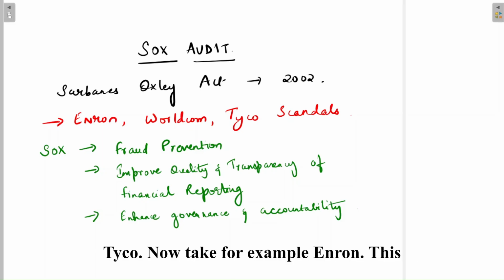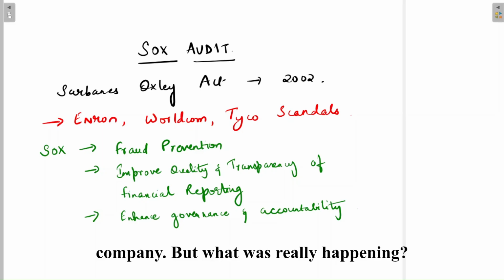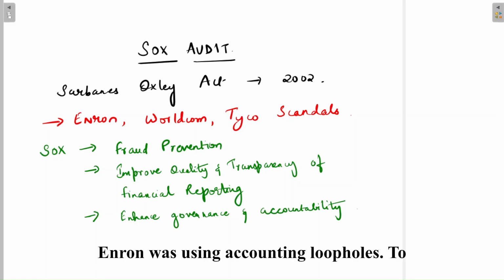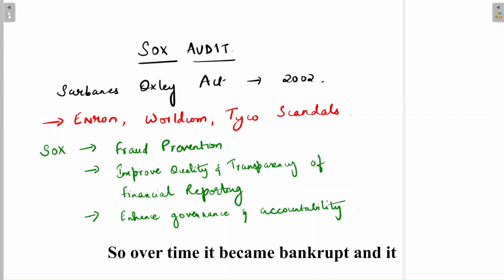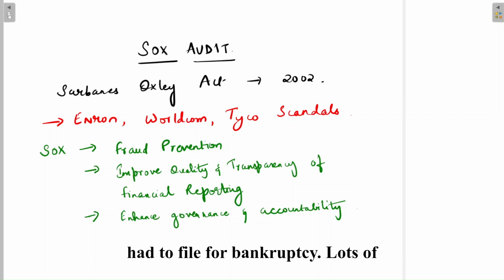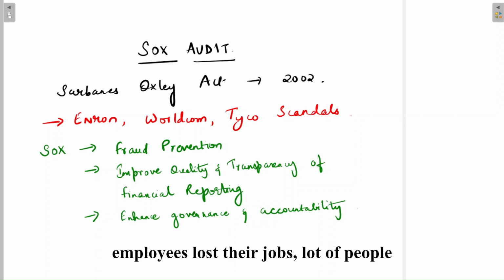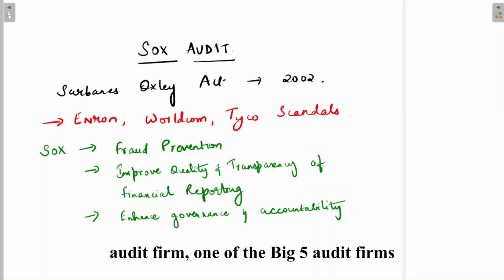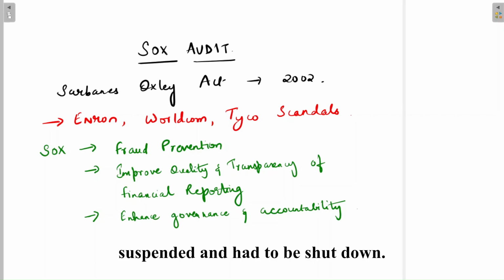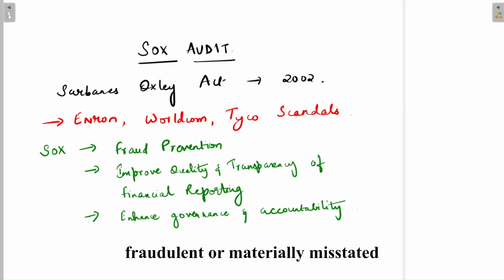Now, take for example Enron. This was perceived to be a very successful company, but what was really happening? Enron was using accounting loopholes to hide billions of debts from its balance sheet and was inflating its profits. So over time, it became bankrupt and it had to file for bankruptcy. Lots of employees lost their jobs, a lot of people lost their savings, and eventually Arthur Andersen, which was the accounting and audit firm, one of the big 5 audit firms which was auditing Enron, was also suspended and had to be shut down. So that's the magnitude of impact of fraudulent or materially misstated financials,